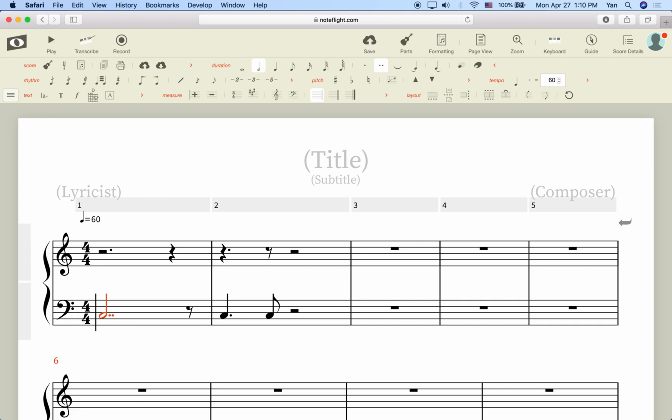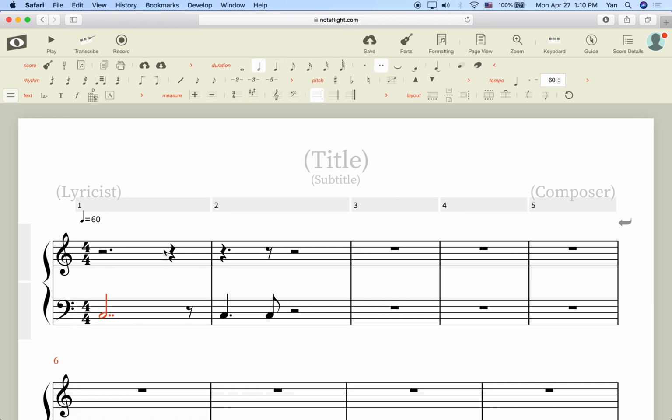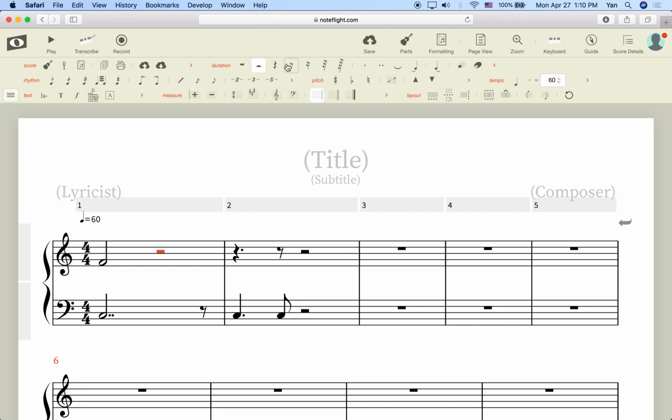Okay, so this up here is the same thing as writing, let me see if I can do it with ties. I'm going to write a half note first, no dot, and then I'm going to write in the next place a quarter note,